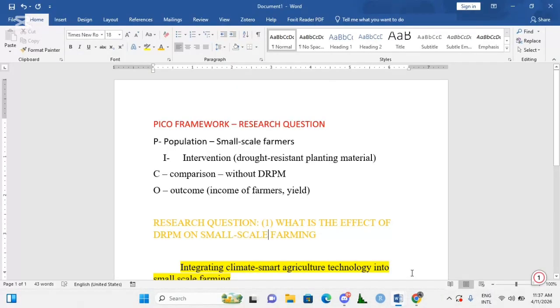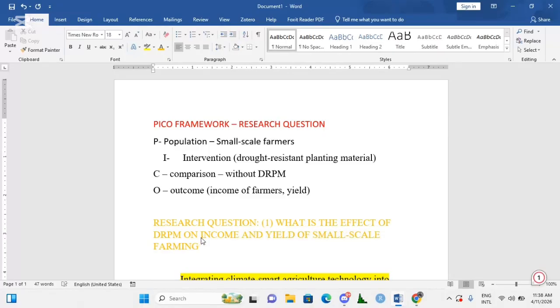So in your research, in as much as you're trying to answer, oh, how does drought resistant planting material affect the income of small scale farmers, there could be some moderating factors that affect the income of the farmers to be identified easily. So those are the two. You can answer more than two questions, but basically the first question from what we have here,